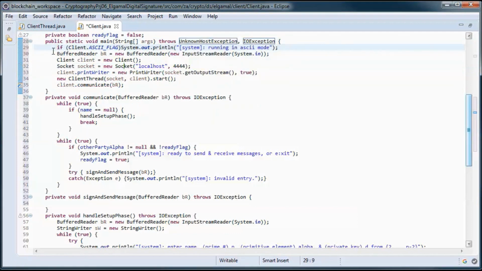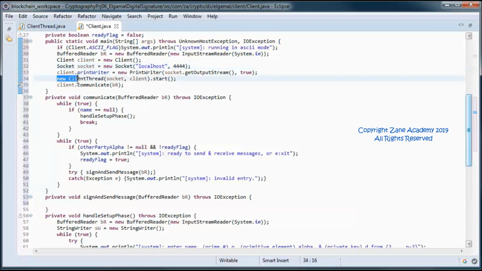So here we indicate if we are running in ASCII mode, and the server will be running on localhost for the purpose of this tutorial, and on this port number.